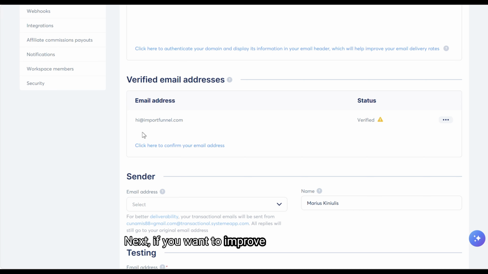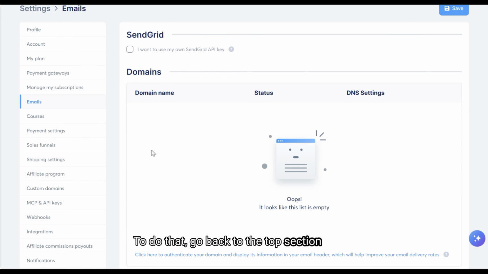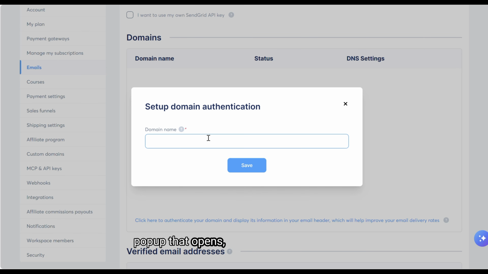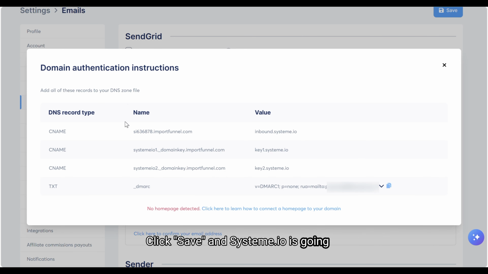Next, if you want to improve email deliverability, you'll also need to authenticate your domain name. To do that, go back to the top section called Domains, click on this link, and in the pop-up that opens, enter your domain name. Here you need to enter it without www, just your plain domain. Click Save and System.io is going to show you a bunch of DNS records that you need to add to